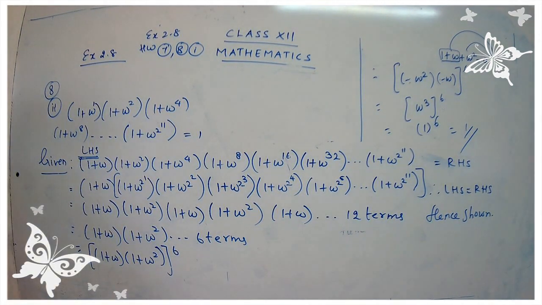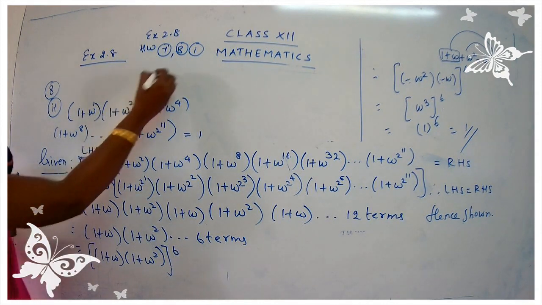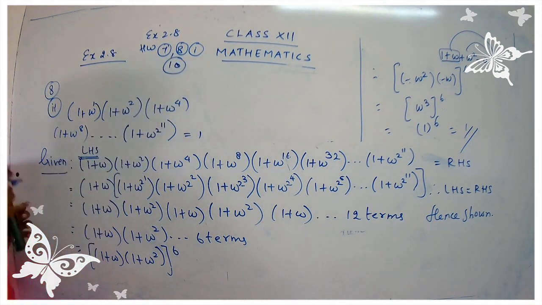We have some more sums here, students. We have 2 more sums. You have to do one more work over here. You are going to complete sum number 10 as homework. I'll be doing the 9th sum in the next class. So for today, the homework is question number 7. You have to do question number 8, the first subpart. The second subpart has been done, and you're going to complete sum number 10. Okay, children? And we will be continuing with the 9th sum of this exercise in the next class.